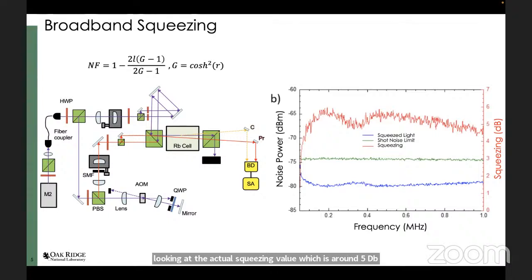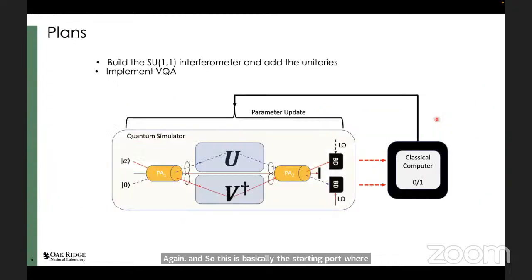And so this is basically the starting point where we're at. And the next steps are essentially we want to just go ahead and build the full interferometer system that Andrew and company have mentioned to sort of exploit this quantum compilation scheme. And to do that, we essentially make the interferometer that I just showed a few slides ago, but we actually extend that to an SU(1,1) interferometer.